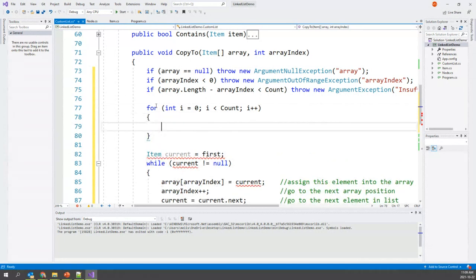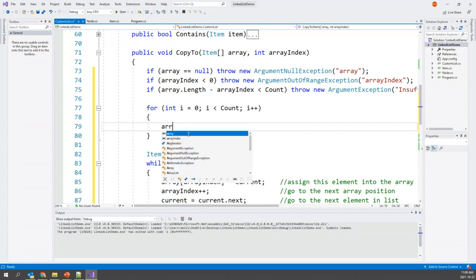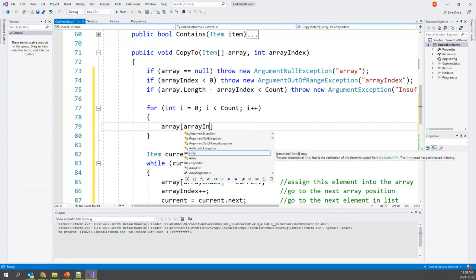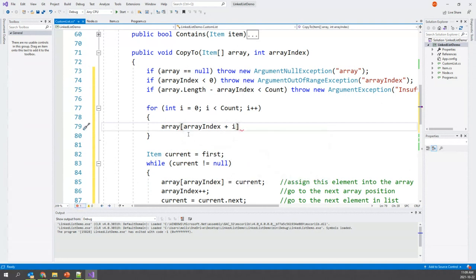And inside the for loop, I'm going to assign to the array at that particular array index plus i. So I don't have to change the array index if I keep adding i every time because i is being incremented. So the array index can stay,